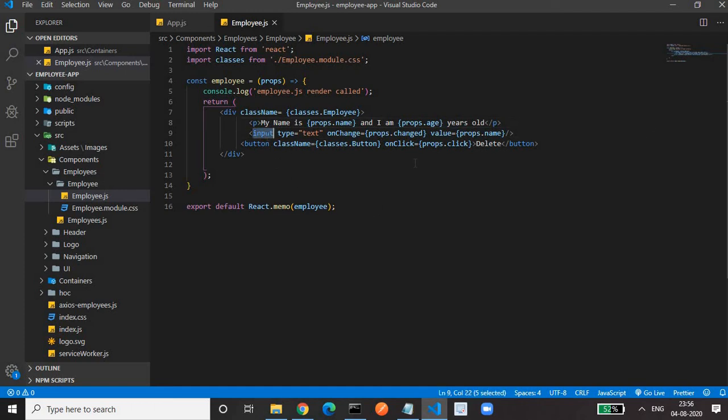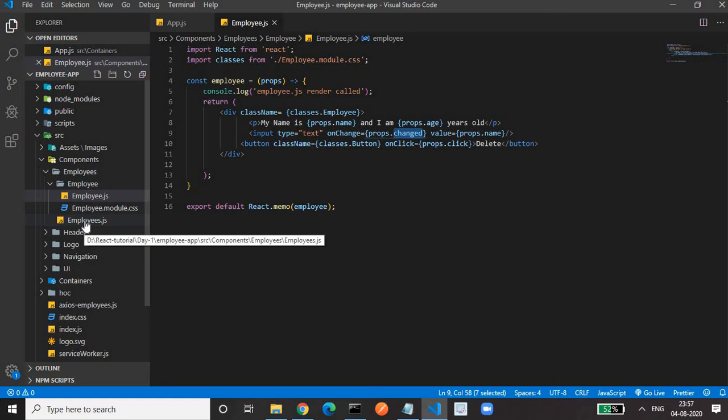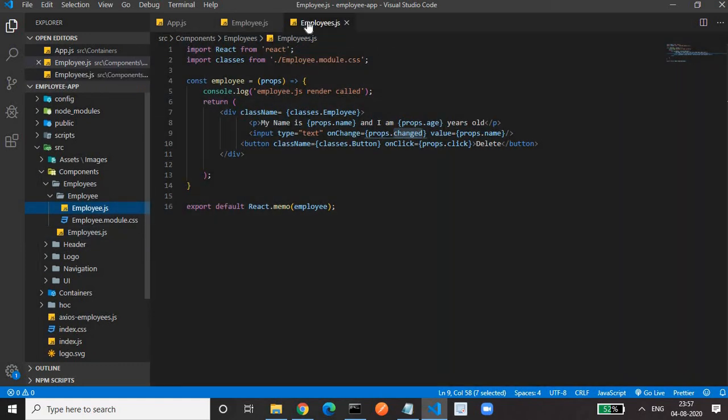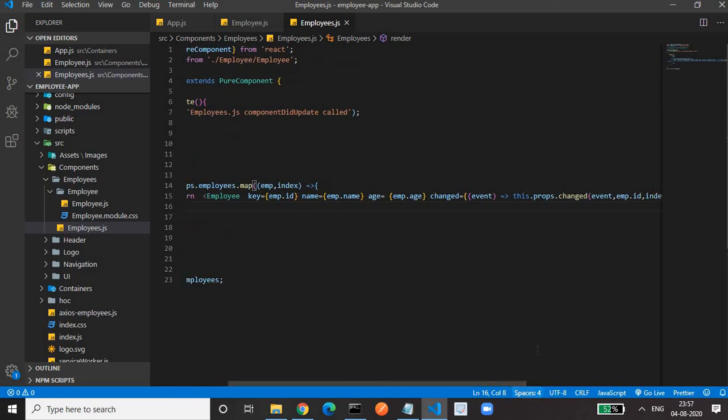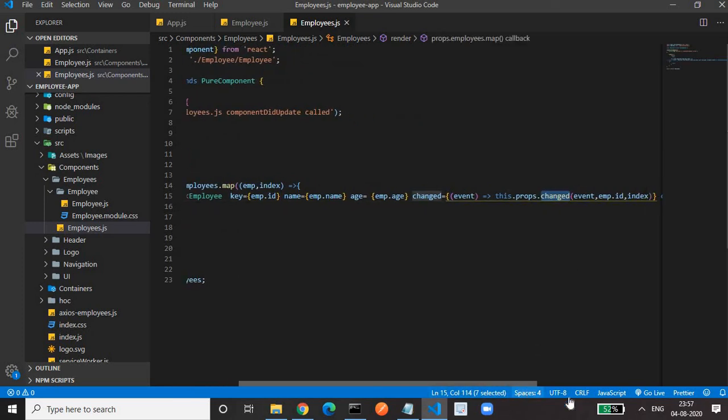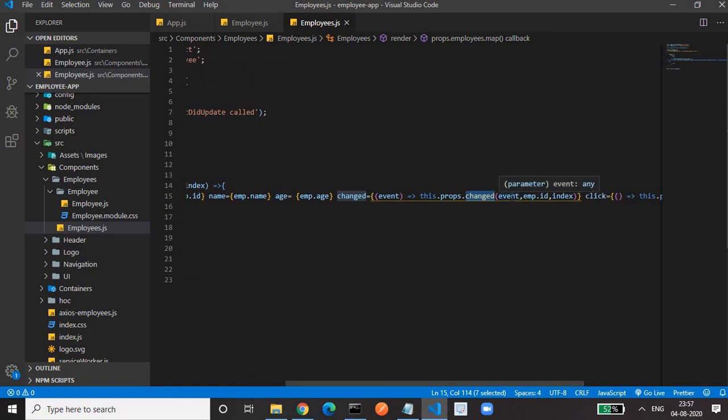Whatever you type, if you change anything, it will call this props.change on the change event. We get this change prop in employee.js, where we are creating the employee component. So we are passing this.props.change. We are calling the method here, in which we are passing the event, employee ID as well as index.